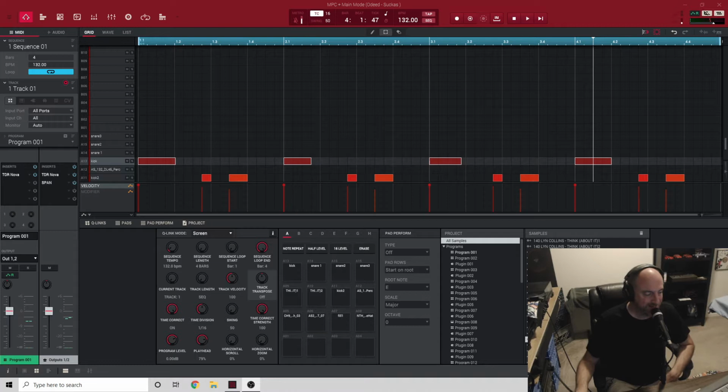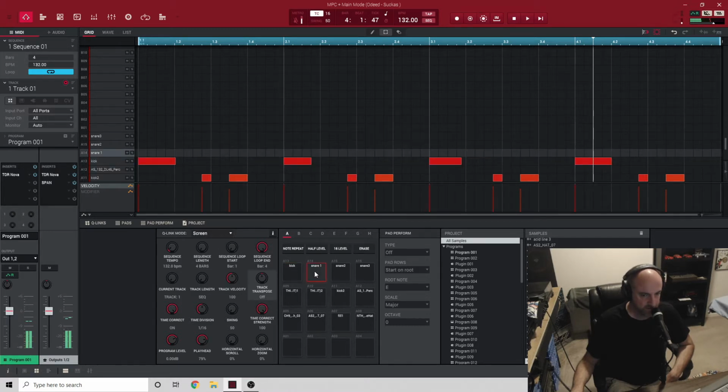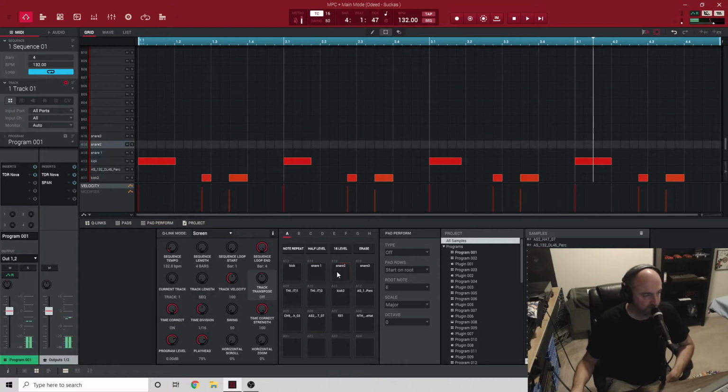So the setup you see here on the screen, obviously in your bottom right, that is me. And the program that you see is called MPC Live, and it is hooked up to my MPC Renaissance, which is a drum machine, and these kind of represent the pads. So you can't see it in the video, obviously, but there's an outboard drum machine that looks like a basic classic MPC 60 or MPC 2000. It's called the Renaissance. And then there's pads